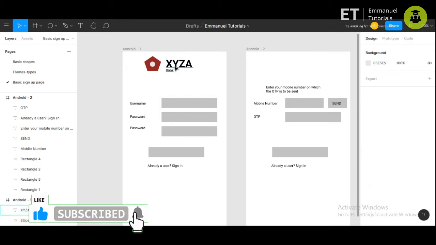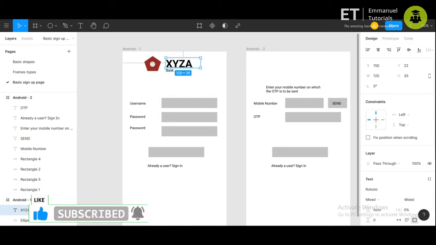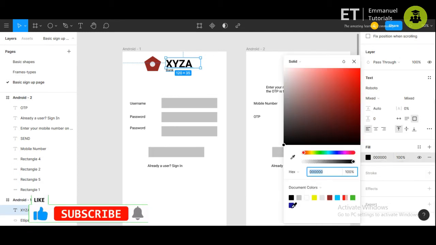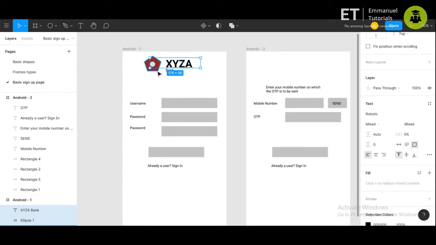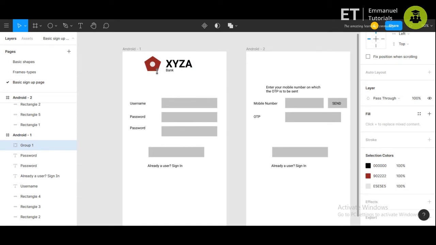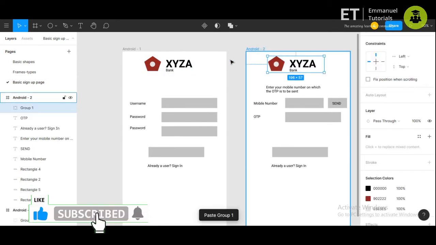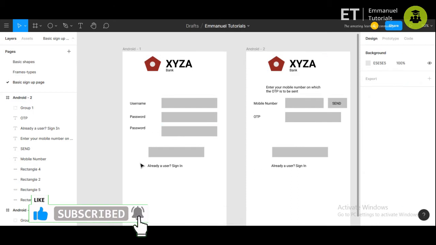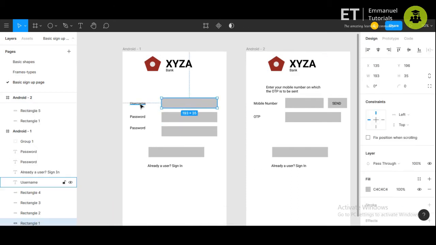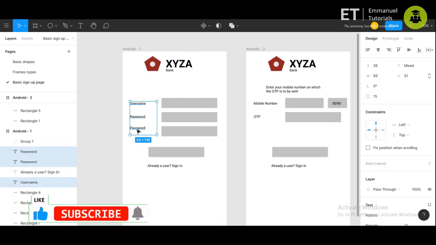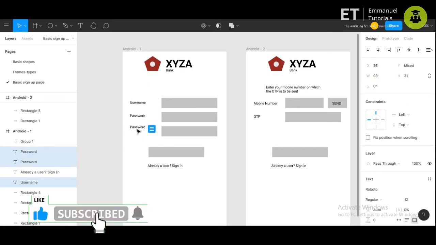Similarly, we can just copy this on the other screen also. Now let's also change the styles of the text here.